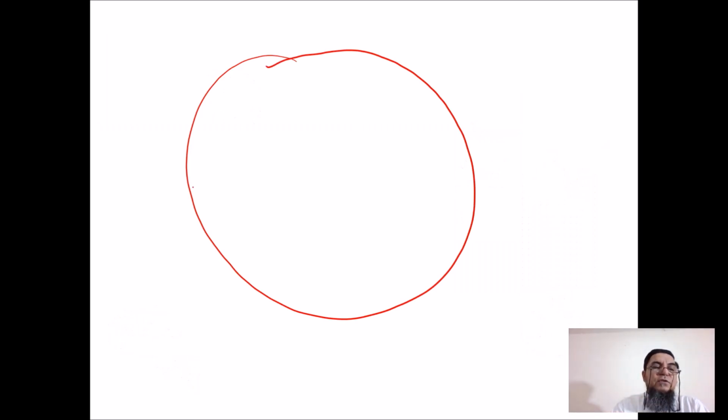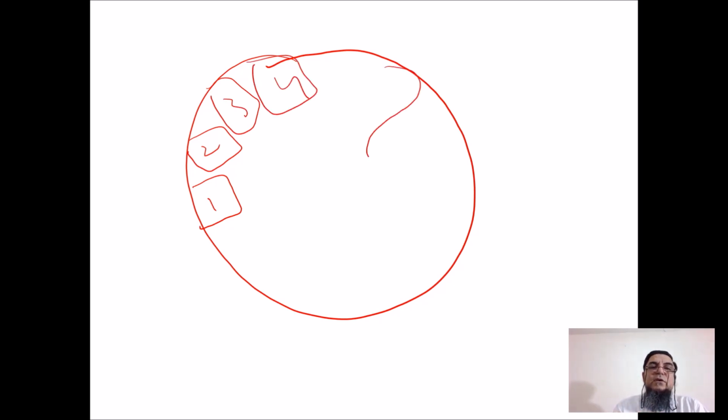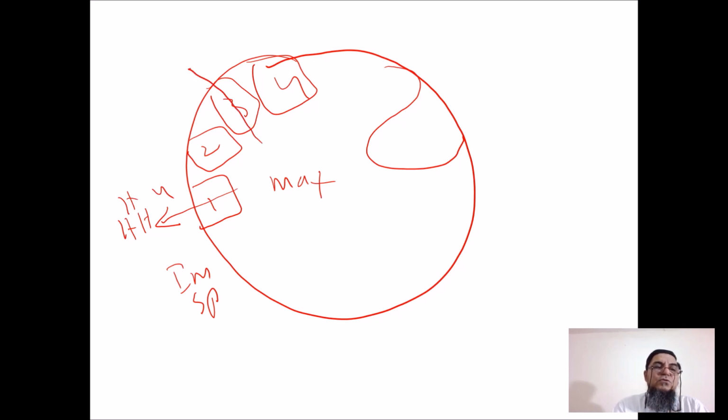So let me explain to you the chemiosmotic theory. Say for example, this is complex 1, this is complex 2, this is complex 3, this is complex 4, and here is complex 5. This is the matrix, this is the intermembrane space. So hydrogen will move from here, too much hydrogen here. Complex 2 cannot move hydrogen. Then complex 3, hydrogen, and complex 4, hydrogen. So too much hydrogen is here. Outside, hydrogens are more, inside the hydrogens are less.